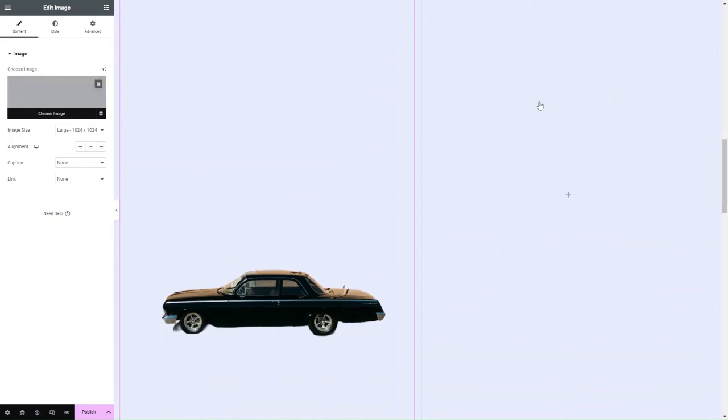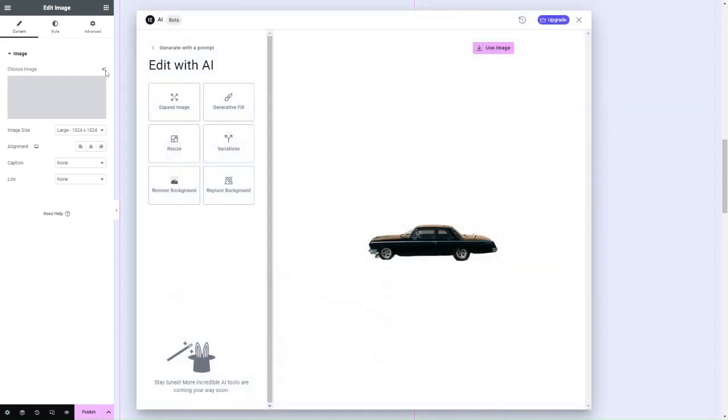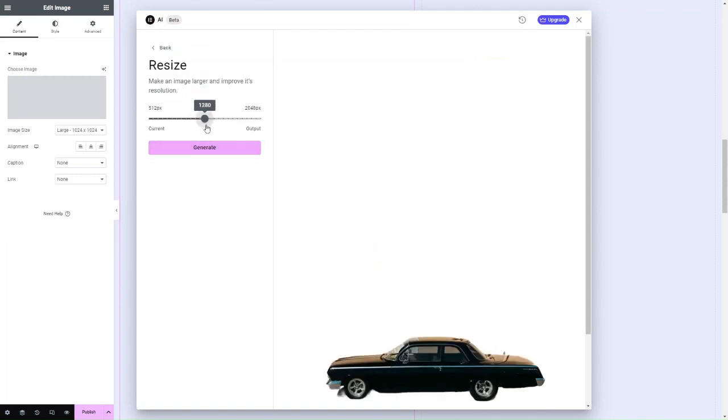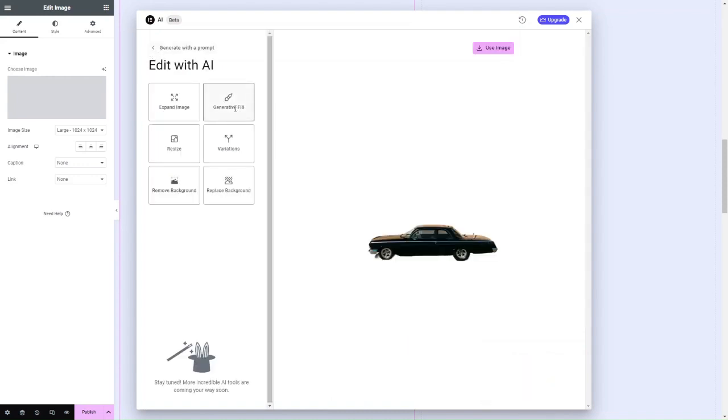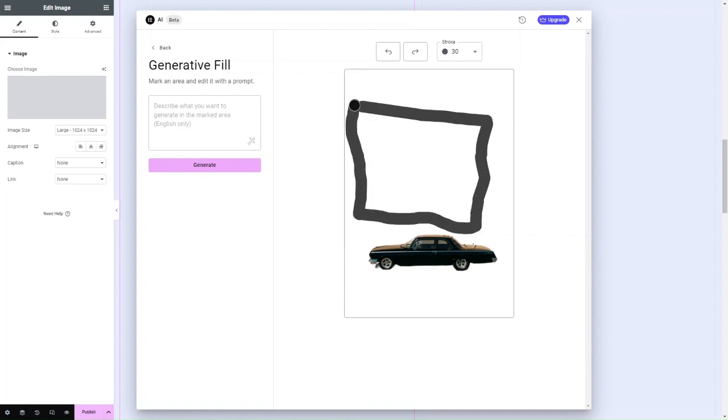When it comes to their image editing tools, Elementor's built-in image editing tools are a suite of powerful features that allow you to edit your images directly within the Elementor editor. This means that you can create and edit your images without having to switch to a separate image editing program. The tools include, we've seen the remove background, we can also replace background, expand the image, resize it to larger or smaller, improve it, generative fill, so mark an area and edit with a prompt. So for example, if we take this area here,